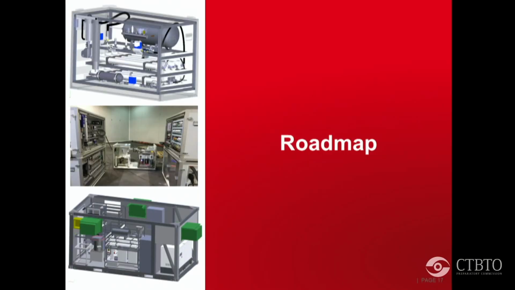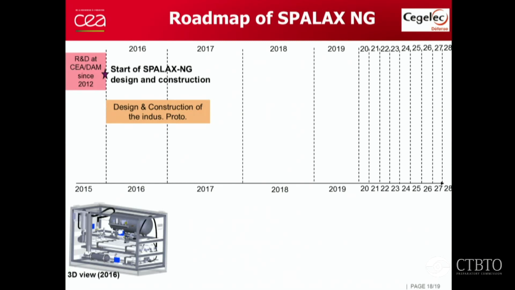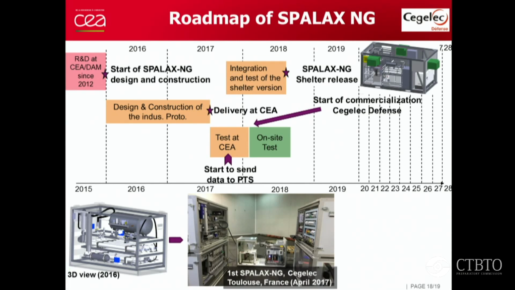About the roadmap to finish, we signed a contract with CGLEC Défense at the end of 2015 for the design and the construction of the industrial prototype of the SPALAX. We have almost finished the design and construction of the industrial prototype. It will be delivered at CEA in a few days to a few weeks, and we will start a period of tests at CEA. During those, we will start to send data to the PTS. At the end of this period, probably beginning of 2018, CGLEC Défense will be able to start the commercialization